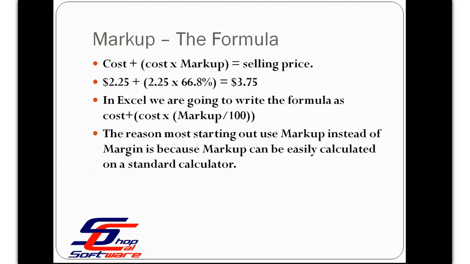The reason I did this is you notice the selling price is the same, $3.75. I wanted to emphasize the difference in margin and markup. A 40% margin is equal to 66.8% markup. So if you wanted 100% markup on an item, you would use a 50% margin. Because these relationships are not in step, they're not linear between a markup percentage and a margin percentage, this is